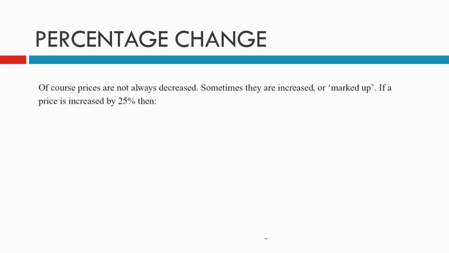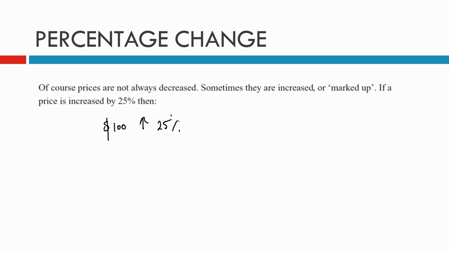Of course, prices are not always decreased. Sometimes they are increased, and shops have a habit of doing this all the time. They increase the price and then they mark it down to make it as if they did you a favour, and in fact, they're still making a lot of money. However, if a price is increased by 25%, so we've got to increase a price by 25%. So what happens when we increase? So let's stick to our shirt example, and it was $100 if you remember before. This time I want to increase it by